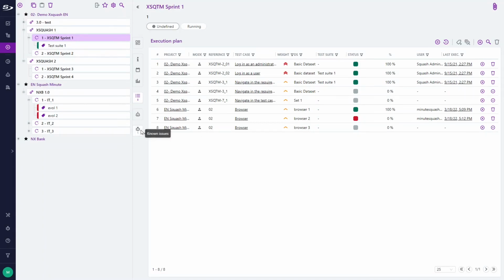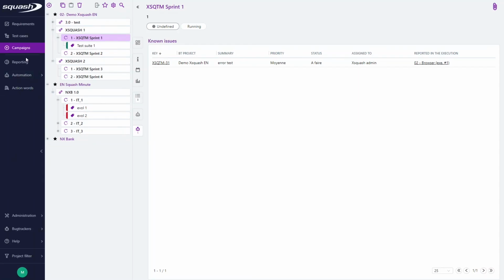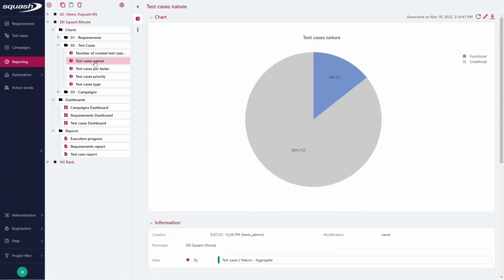To finish, there is a known issues tab here, which allows you to access all the bugs reported in your iteration by your testing team and the number under the bug, allowing you to know how many known issues have been reported. Finally, I'm going to show you briefly the reporting workspace. In this area, it is possible to create a new chart which will be customized to allow the user to create his own indicators, to create a report such as test booklets, or customized dashboard, or customized campaign exports.